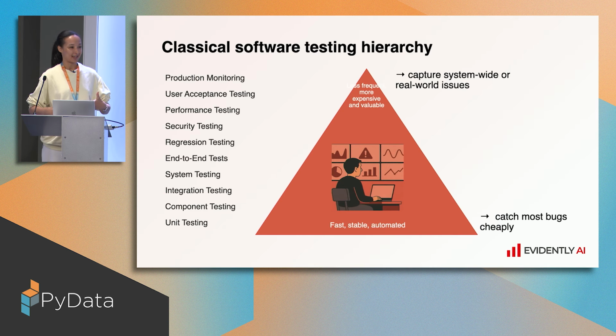Just to make sure that we'll remember that when it comes to traditional software engineering, we do have a huge hierarchy with a lot of different testing, right? And we always start from unit tests because it's fast, it's cheap, it's easy to implement, kind of. We need to cover all our code repository with unit tests so that everything is tested. And then we go through component testing to integration testing, then end-to-end, and finally, we have our CI/CD